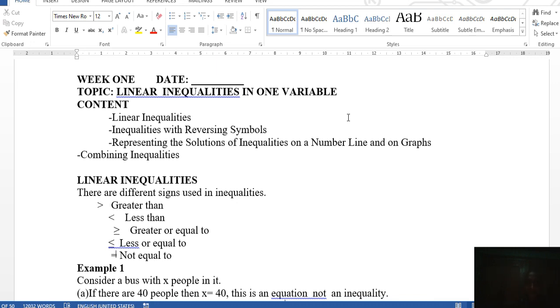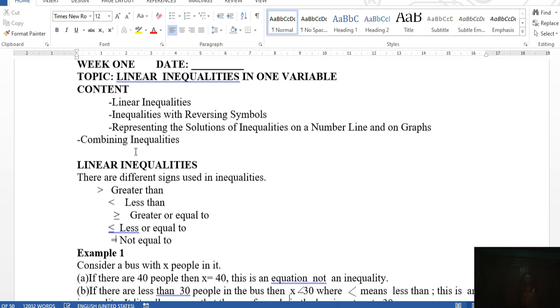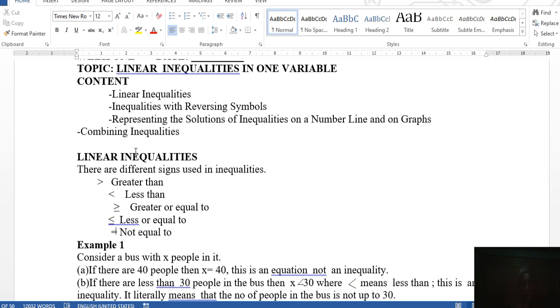So, linear inequalities in one variable. We have the constant linear inequalities with reversing symbols. We have representing solutions of inequalities on a number line or on a graph, then combining inequalities. So when we talk about linear inequalities, when we talk about inequalities in general, if you look at the word inequality,